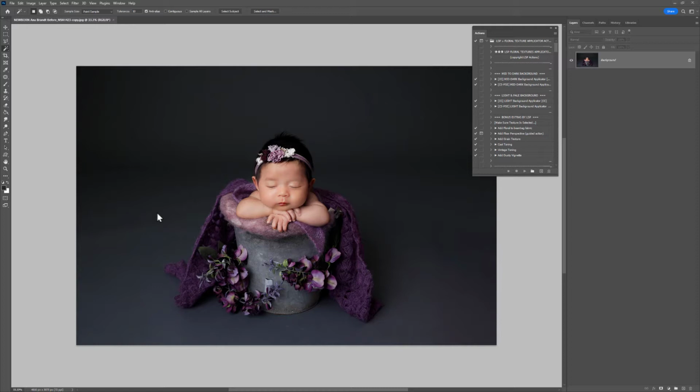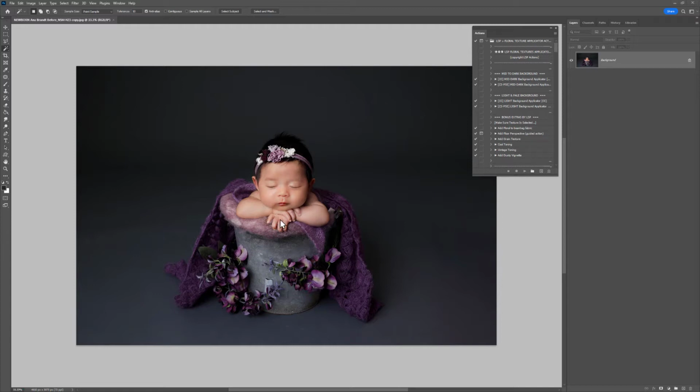In this very short tutorial, I'm going to show you how you can quickly make a subject selection if needed when adding textures, if you're using an older version of Photoshop. This will not work on Photoshop Elements, but if you're using CS5 or CS6, this is a really quick way